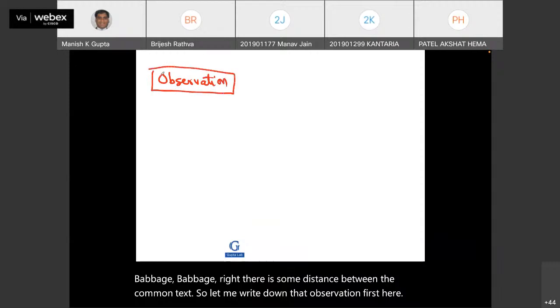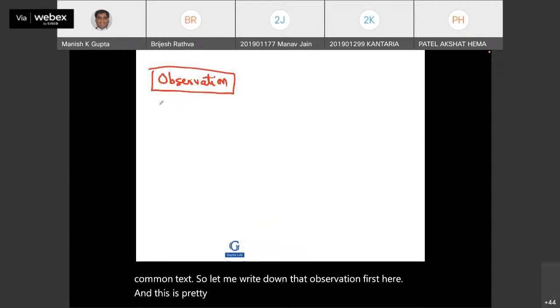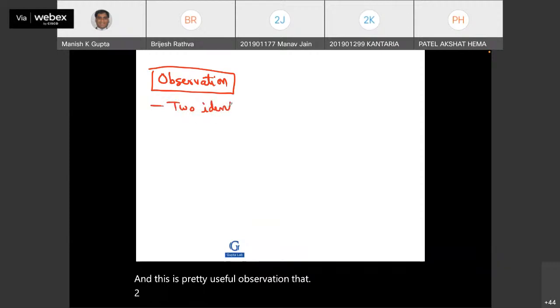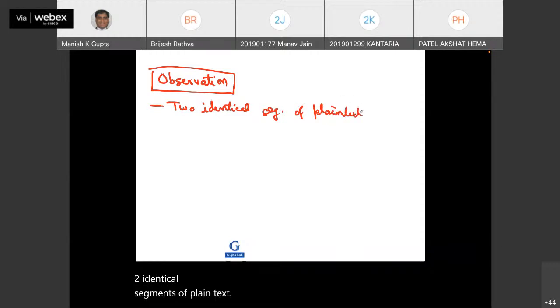This is a pretty useful observation: two identical segments of plain text will be encrypted to the same ciphertext